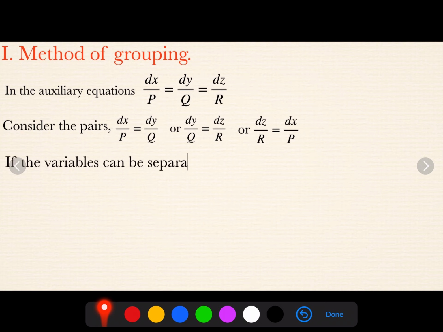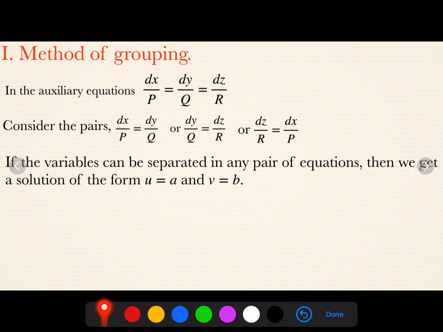And we are going to solve this equation only if the variables are separated. That means the coefficient of dx should be a function of x only, the coefficient of dy should be y only and the coefficient of dz should be z only. While integrating with respect to x, we can't keep any other variable as a constant. Make sure you integrate only if you have a function of x only, of y only, or of z only. That means the coefficients of dx, dy, dz. If the coefficient of dx is a function of y or z, you can't integrate. At that time this method fails and we need to go for the method of multipliers.